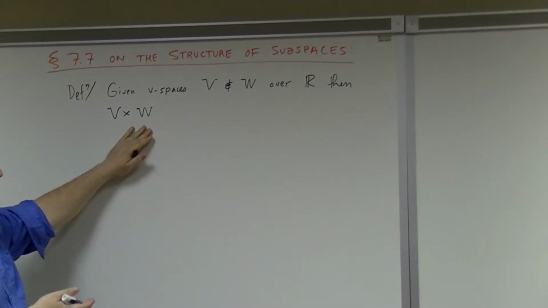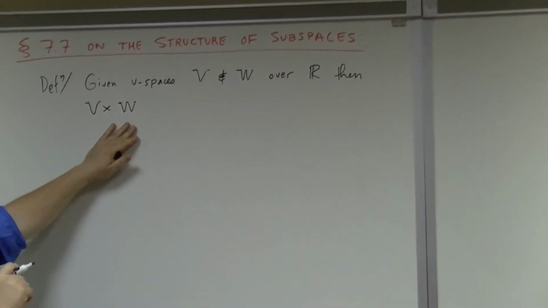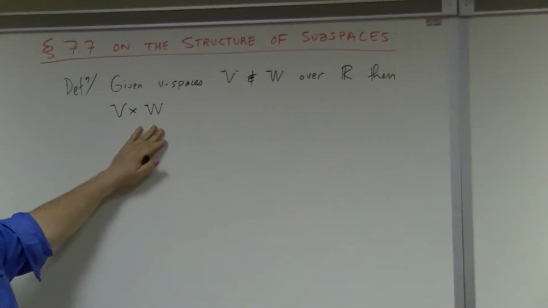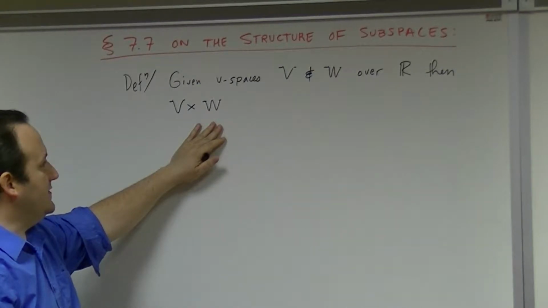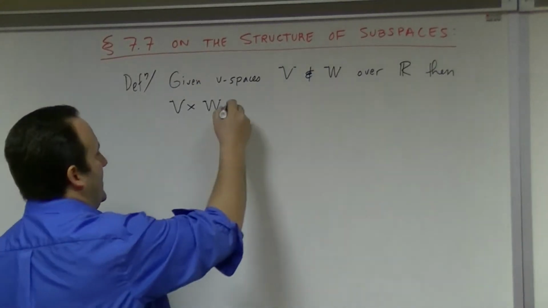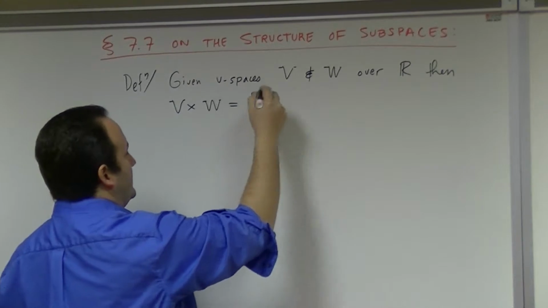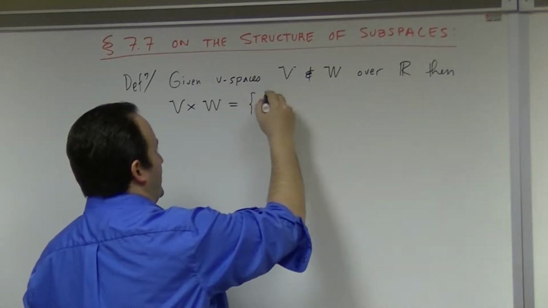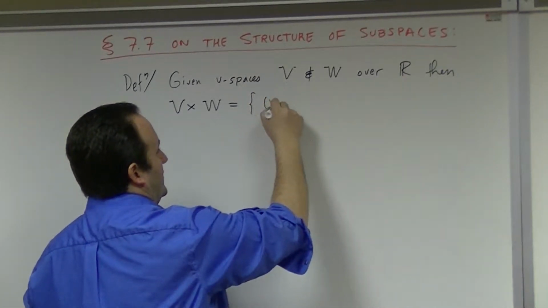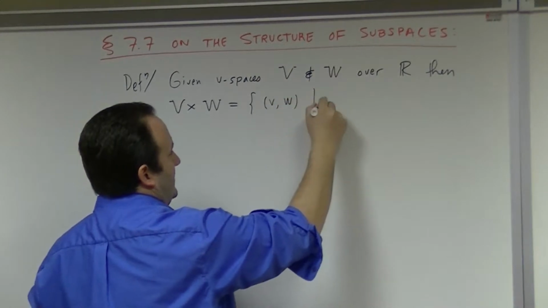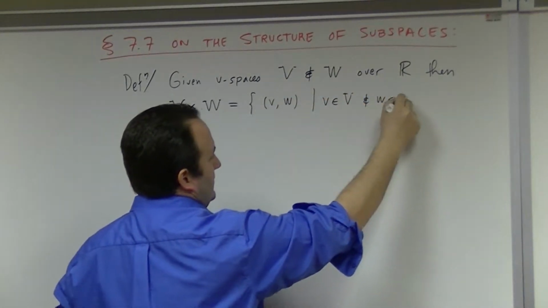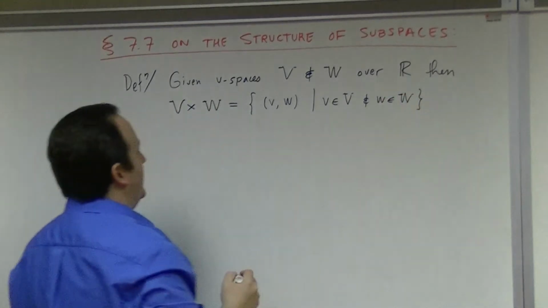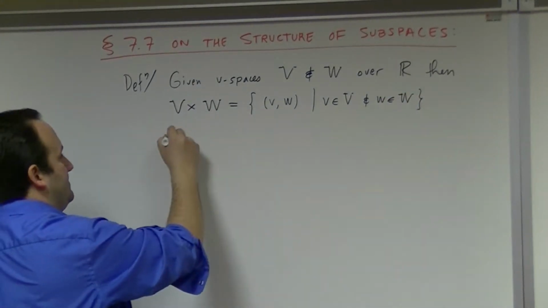We take pairs, things in V with things in W. This is something that we know from set theory we can do. But it's not just that. It's a set where we can define an addition and a scalar multiplication. So this is pairs (v, w) such that v is in big V and w is in big W. Okay, so this is a vector space